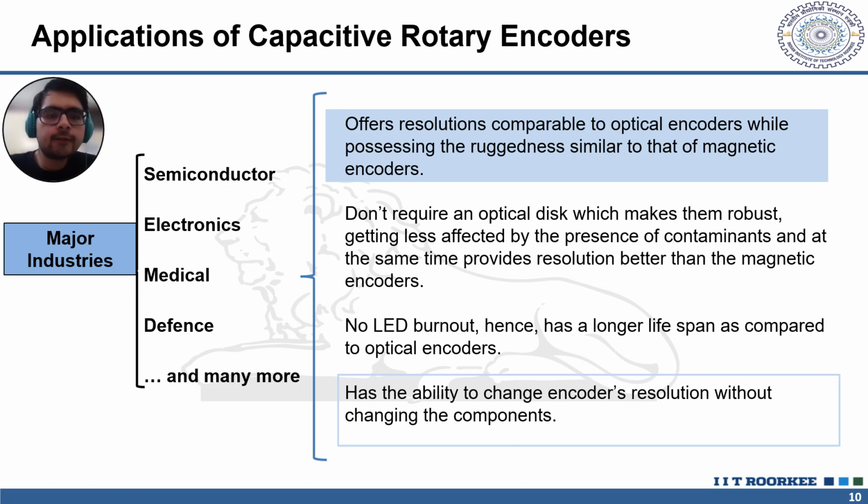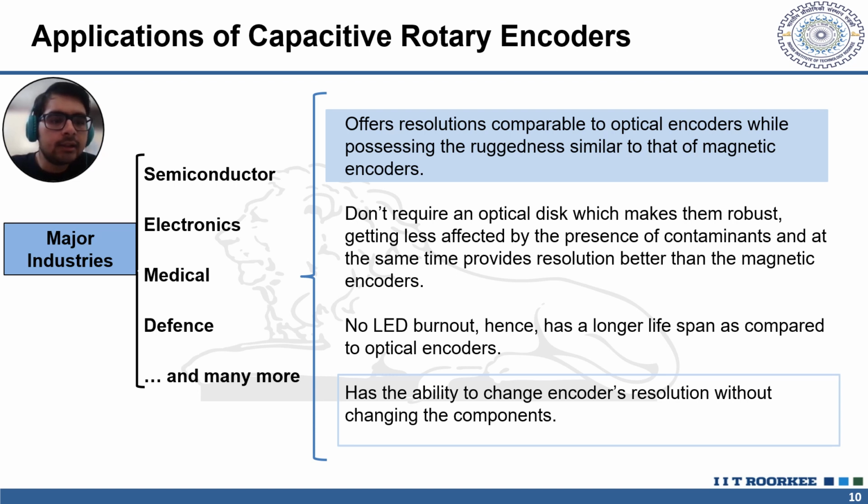A major advantage of capacitive rotary encoders is that they offer resolutions as high as those provided by optical encoders, along with ruggedness as good as magnetic encoders. The reason is that it does not require an optical disc, which makes it robust. This also prevents the encoder from being affected by contaminants present in the environment. Also, there is no need for an LED, hence no LED burnouts, which eventually increases its lifespan as compared to